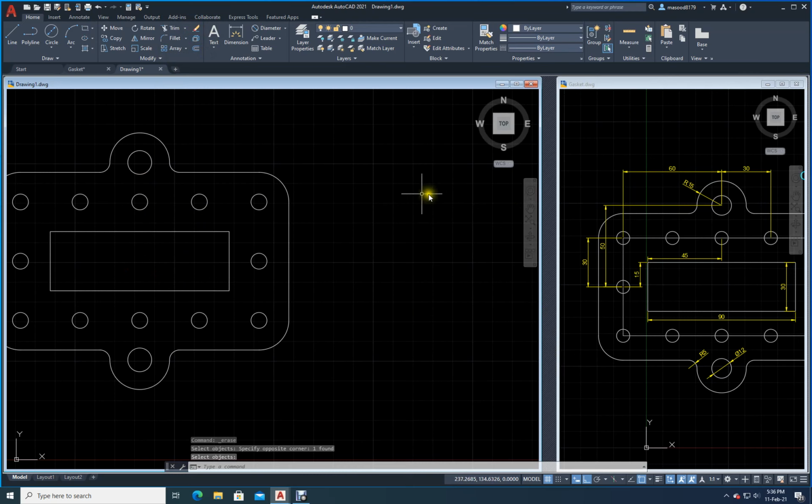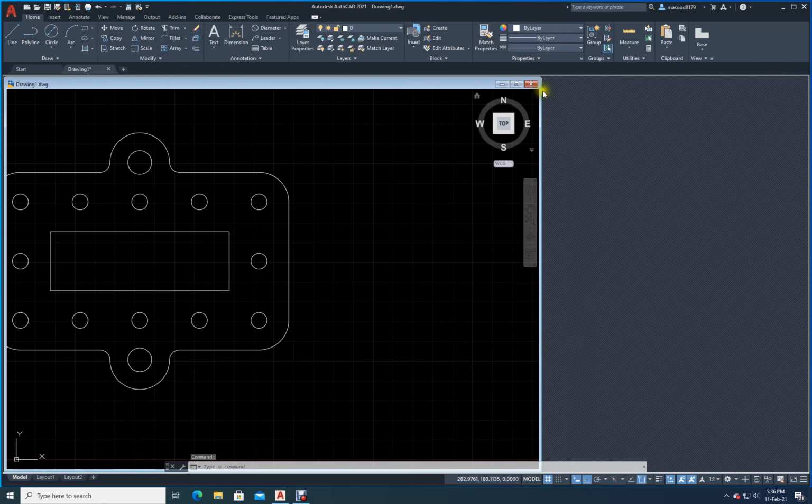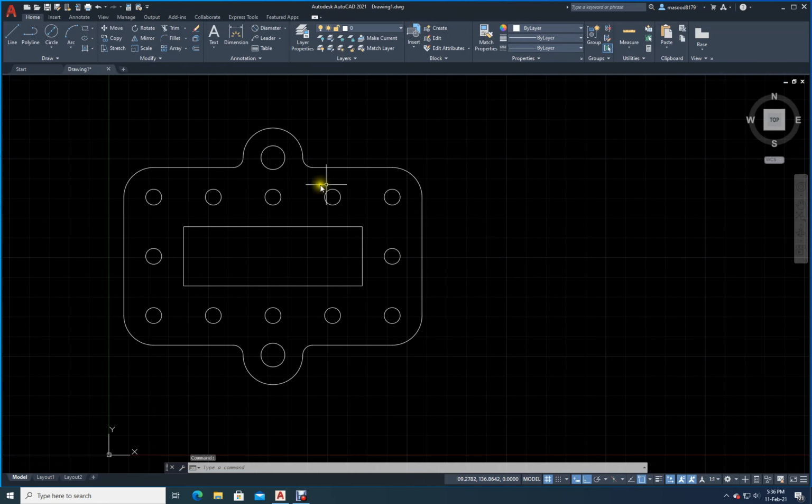So what I should do now, let me just go here. Let me close this. I don't need it anymore. Close it. Okay. Now let me just make it big. You have everything here. Now your drawing is ready. It did not take much time. So now I will go and make the dimensions. Before creating the dimensions, I will create layers.